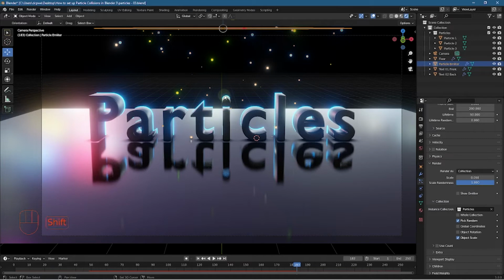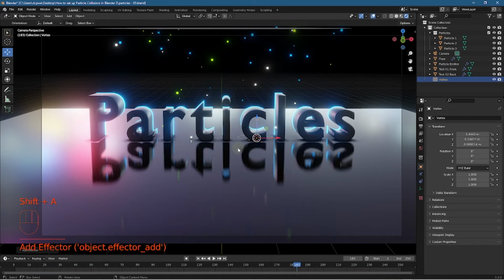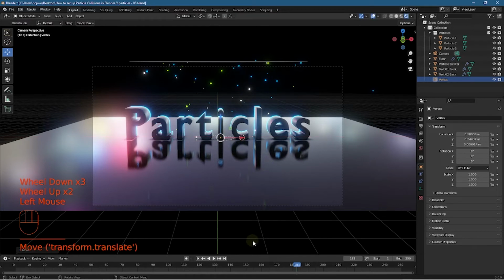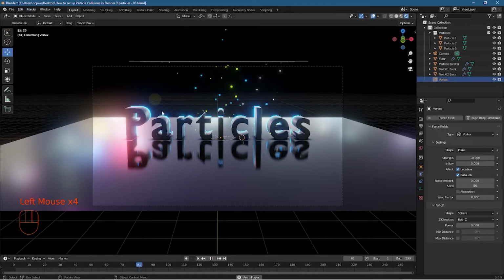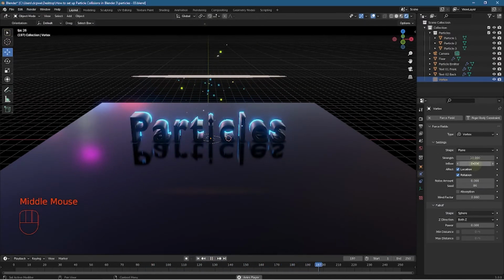So what we could do is press Shift and A and add a force field, and we add a vortex in here. So we've got this vortex. Let's just center that out. Let's just bring it towards the middle of this letter I, and this is called vortex here, which is fine. And we'll go to its physics settings, and if we set this to something like maybe 10 strength, and we click play, now we can see the particles are moving in this spiral, but this vortex is pretty strong, so let's bring it right down